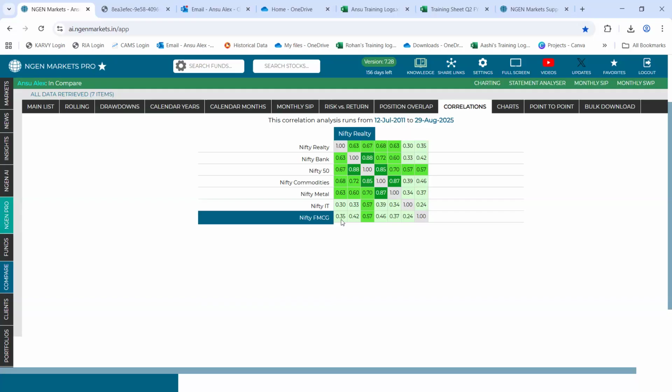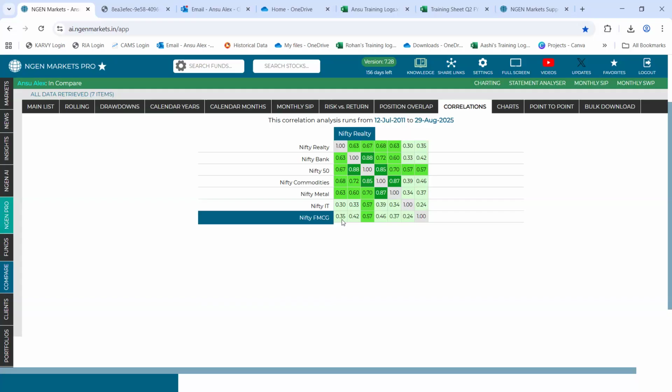So this says that if Nifty FMCG goes up, 35% of times Nifty Realty will also go up in a similar direction. This is also valid vice versa, which is to say that if Nifty FMCG goes down, 35% of times Nifty Realty will also go down in a similar direction.